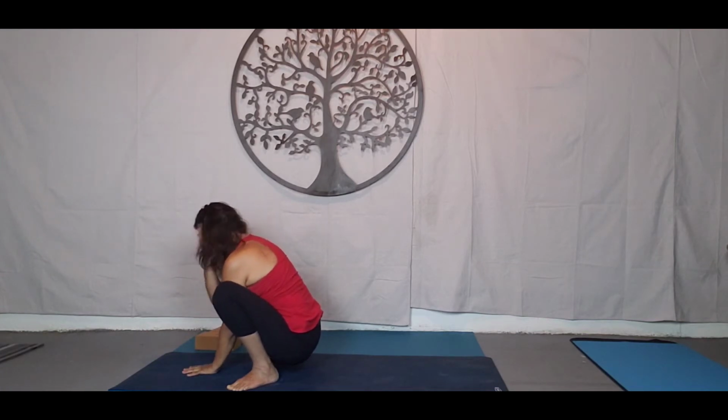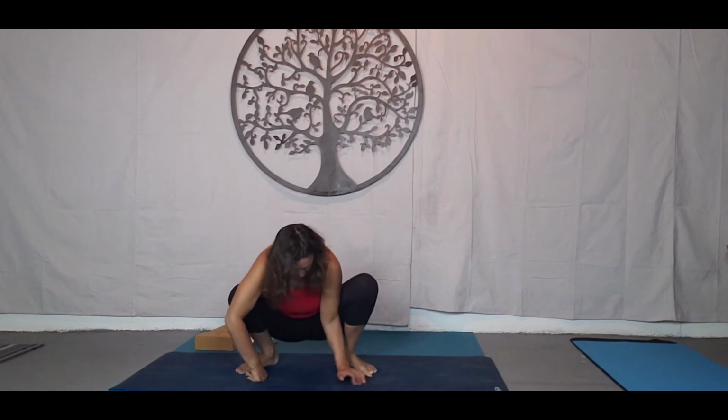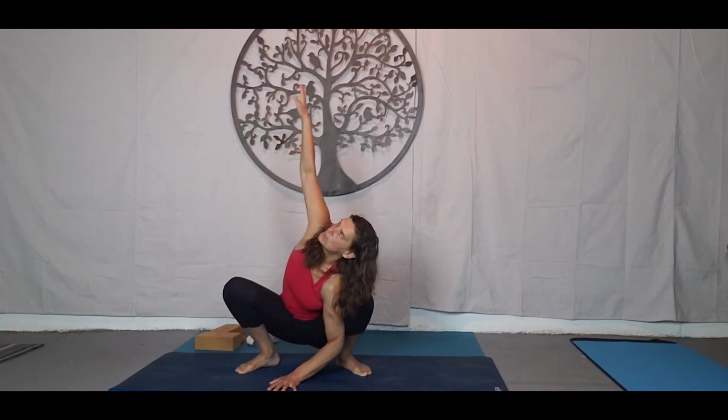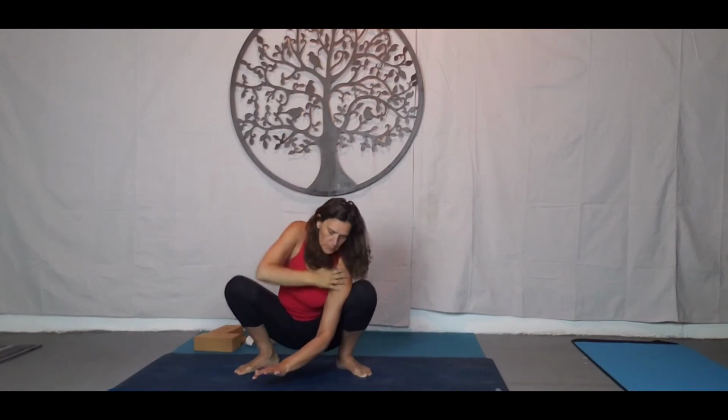So you can engage through the right hand. I'm just going to again turn so you can see what I'm doing. Engage through the right hand, reach the left hand up, open the heart, gaze up, not dumping the head. Now you can stay here. If you want to go deeper, bring the right shoulder in towards the knee, wrap the